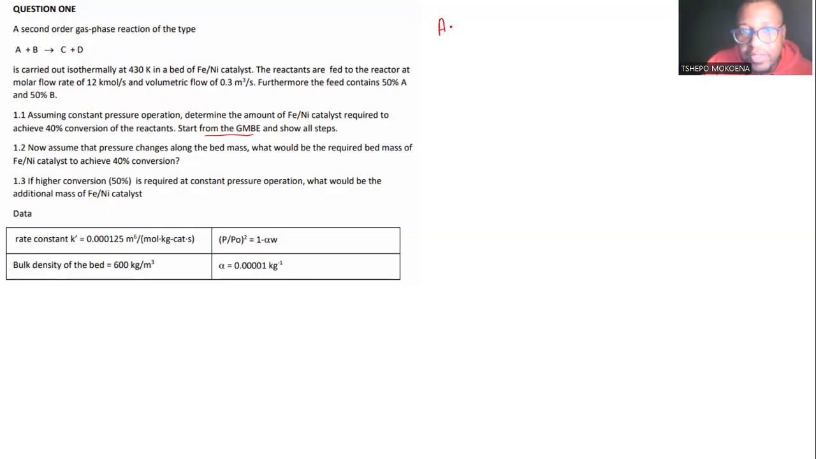So for now, we are most definitely going to assume. What are we going to assume? A is a limiting reactant, okay? So we assume that A is the limiting reactant. So sincerely, we want to solve 1.1. Like I said, let's start from the GMBE. So we start by looking at step number 1. You write step number 1 nicely, and then you write your general mole